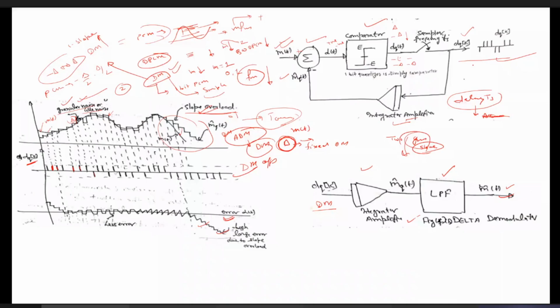That is, we will be getting 0, 0, 0, 0, 0. Either we will be getting a sequence of zeros or a sequence of ones in the case of slope overload. So as soon as the adaptive delta modulation finds that the output of this delta modulator is a sequence of zeros or a sequence of ones, it simply increases the step size, say from delta to delta plus 0.5 delta.